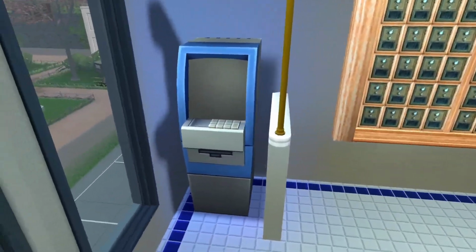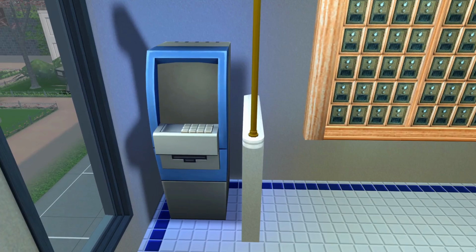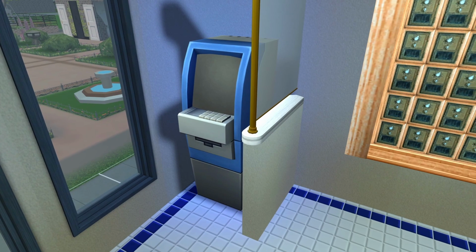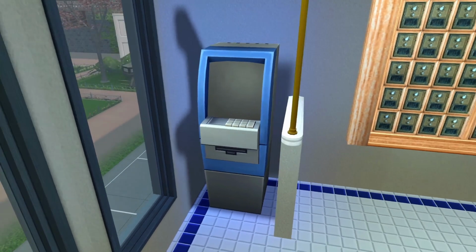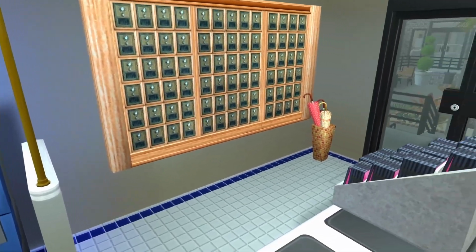And then over here, the last functional item in here, this is an ATM so that you can use Monique's banking. So our Sims can come here and open a bank account to deposit and withdraw funds. I don't let them have Monique's computers on their home lots very often because I just find it a little bit overpowered and it kind of takes some of the immersion out of the game for me. So we don't have a bank in Pleasantview, so there's just an ATM here and on a couple of other